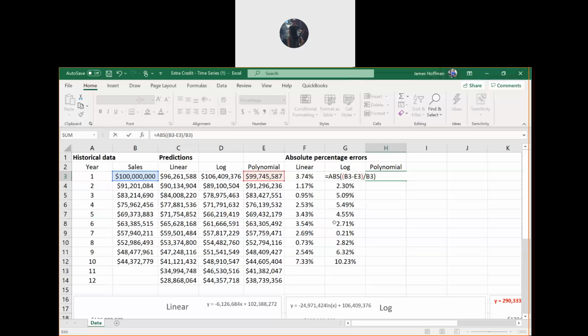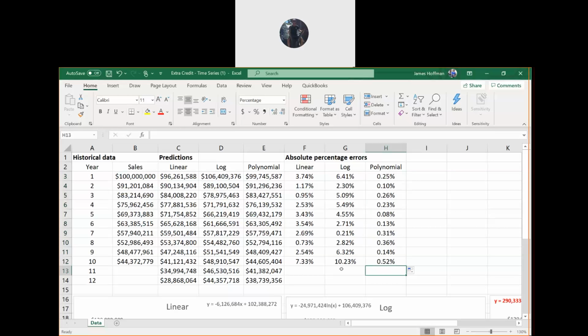So again, it's actual minus prediction over actual. And for that one, you can again grab the bottom right corner and drag it down for the polynomial APEs. It looks like that one's going to be the best, just by looking at the percentages, huh?